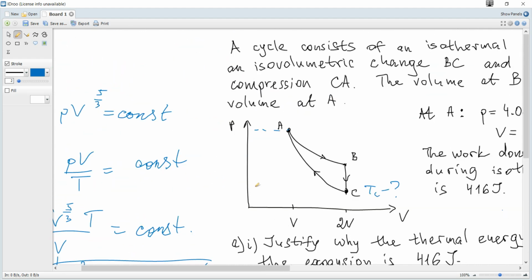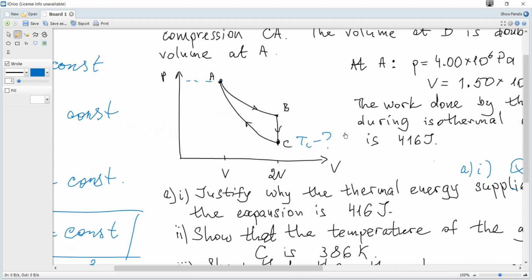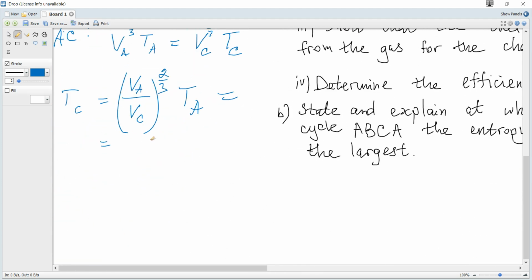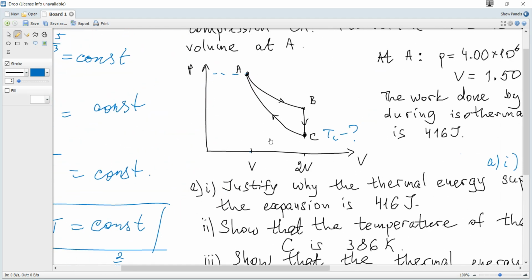But what is Va over Vc? It is given that Va over Vc is just a half, because the volume here is two times larger, so it's just a half to the power of 2/3, and